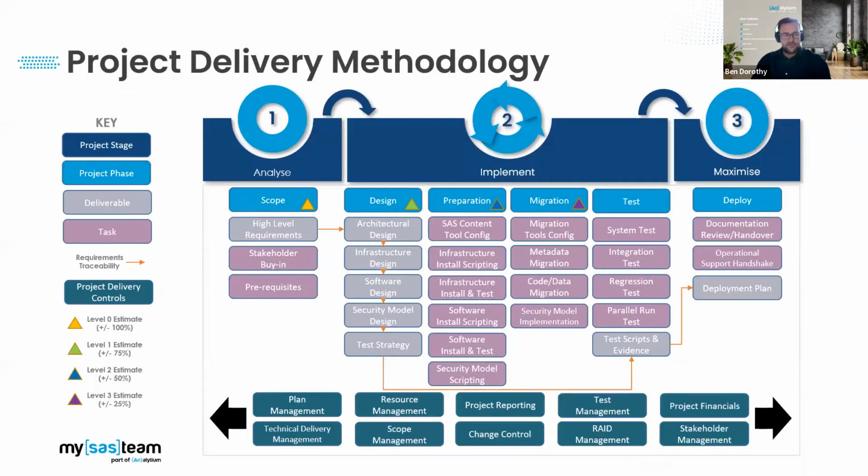Final slide from me is just around the project delivery methodology. So it's fairly generic, as you'd expect project delivery to be. It covers the 3 main phases of a project, which is analyze, implement, and maximize. And within those phases, you'll see scope, design, preparation, migration, as we mentioned on the previous slide. And underneath those blue boxes there, you'll see some of the key deliverables that we produce throughout the project, or